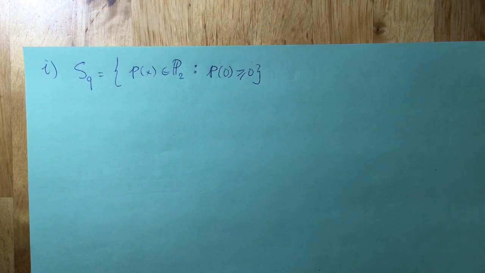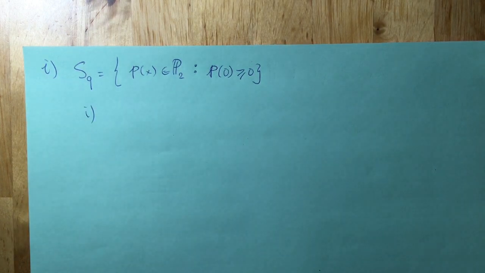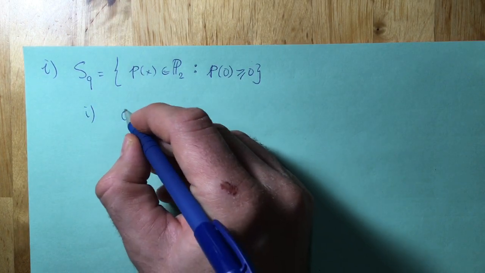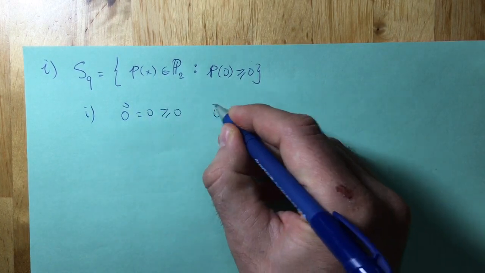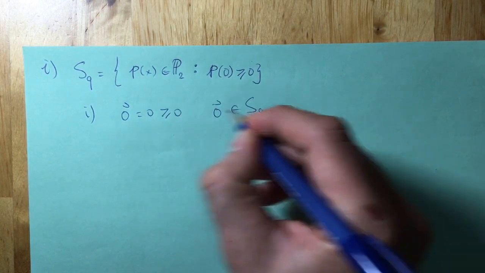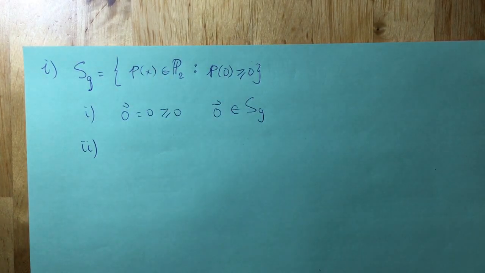The next question is this: quadratic polynomials for which the constant term is greater or equal to 0. Obviously, the 0 vector, which is simply the number 0, is greater or equal to 0, so the 0 vector is in S9. Is this closed under